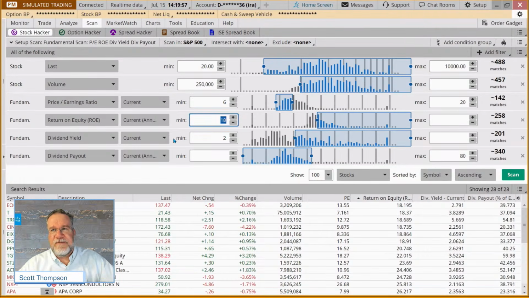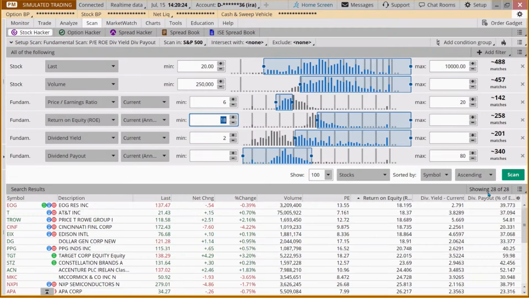Growth investing, value investing, and income investing. I've chosen three fundamental components, one from each of those styles, and combined them into a search. I just ran this in the S&P 500. You could do this anywhere you wanted to, but the scan is set up to do it in the S&P 500. When you scan that, today I got 28 results out of the 500 stocks in the S&P 500.